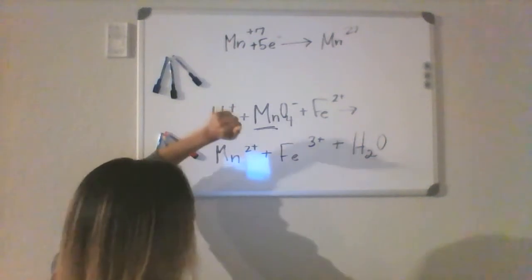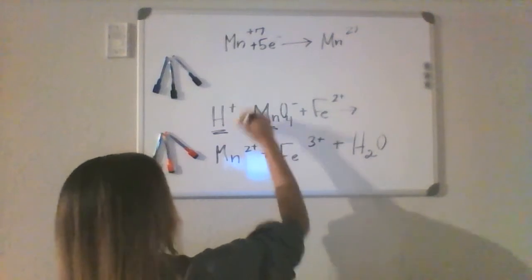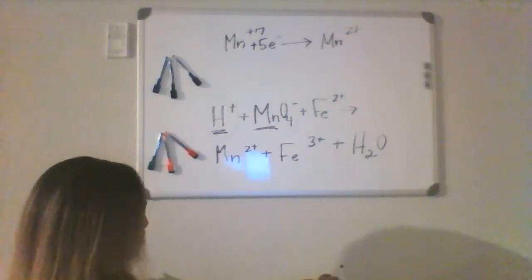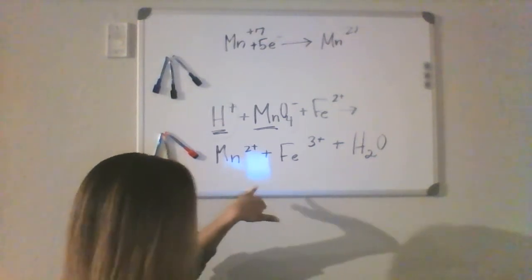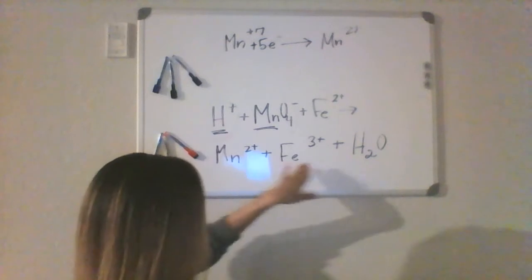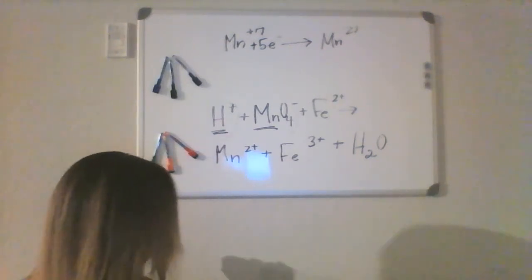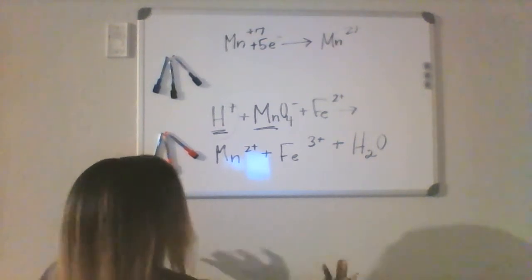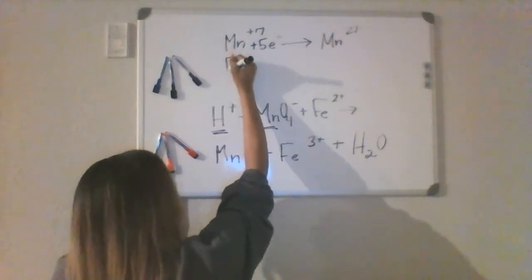Notice I'm dealing with all my species that don't include H or O. The next thing that I'm going to sort out is every species that doesn't have an H or an O, because the H and O essentially yield water on the reaction side. So I'm not worrying about that right now. And don't ask me why, just know that this is a step that's implied, okay? So then you have to sort out